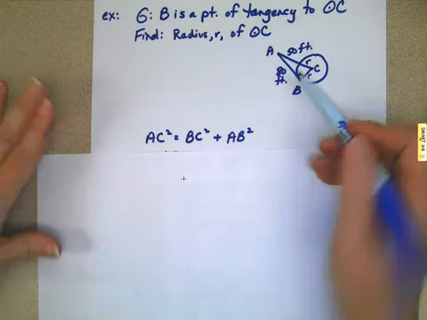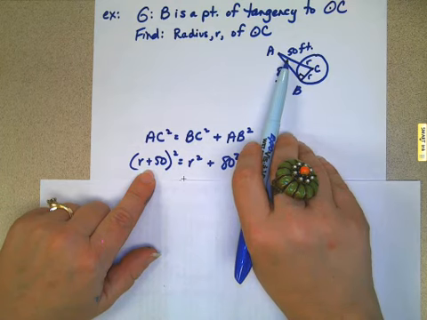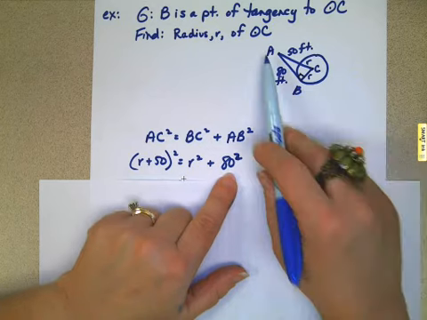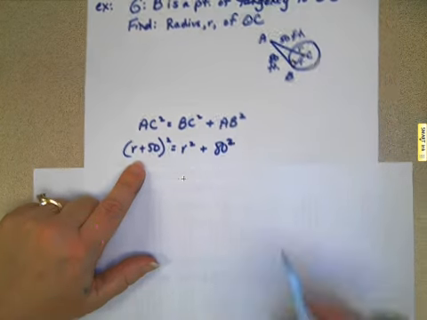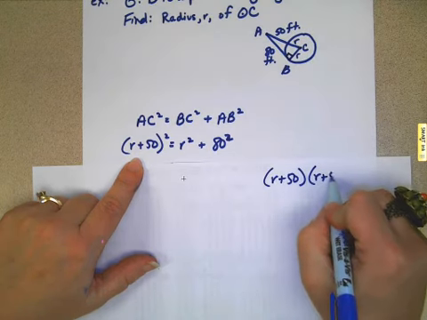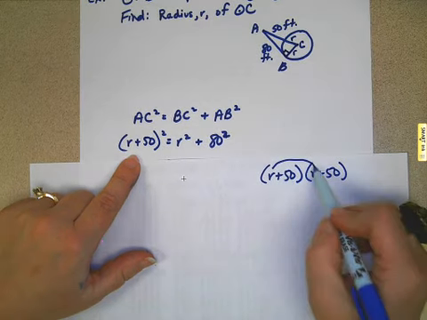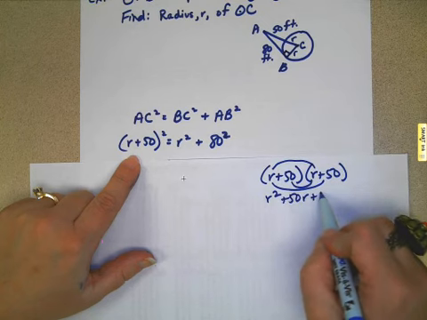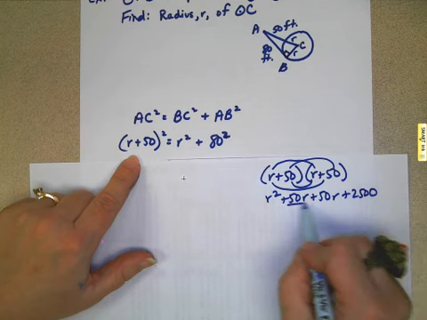So let's just plug in the values here. Segment AC is not just 50, it's 50 plus r, so be careful about that. And then BC is r, and AB is 80. Now let's remember how we do this. Actually, I'm going to take r plus 50 squared, which means r plus 50 times r plus 50. So we have to FOIL this. So first, outside, inside, last. And so if we combine like terms,